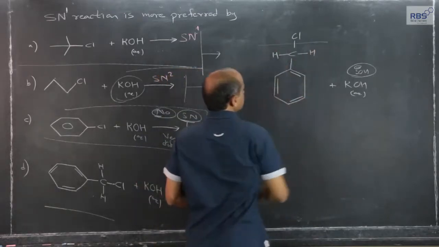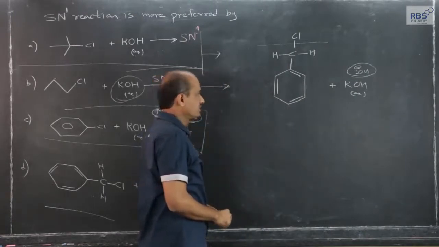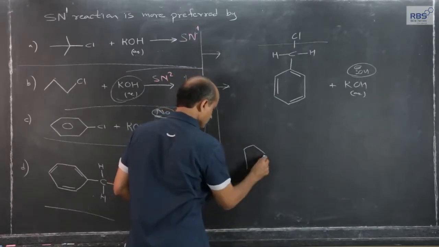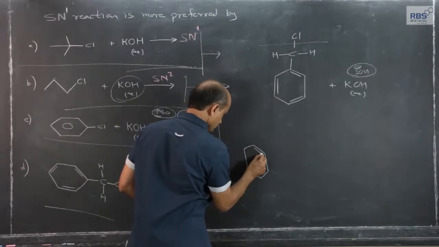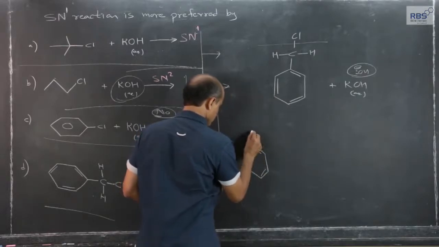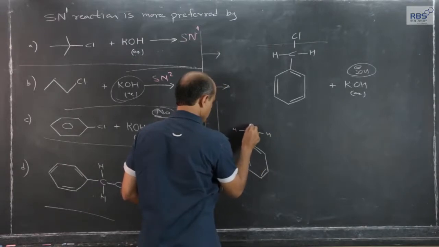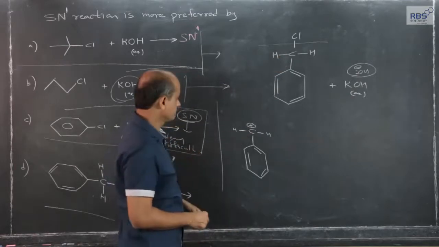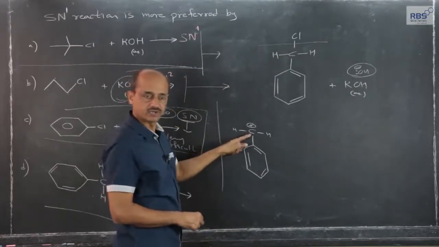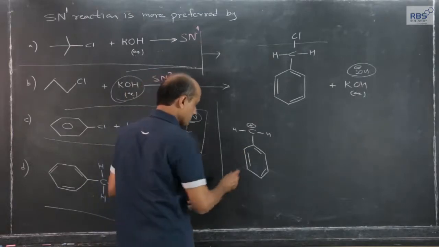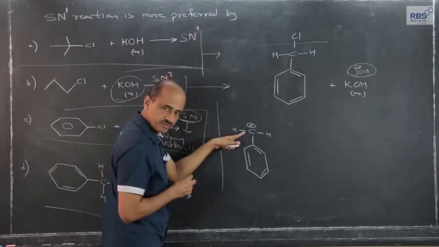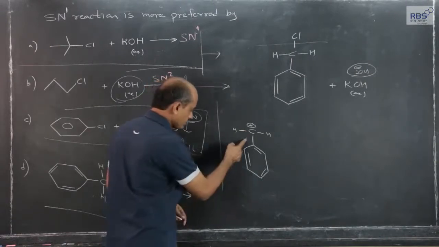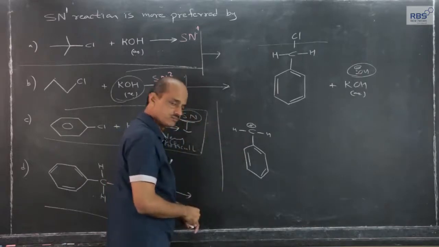Heterolysis of this takes place even though the halogen is attached to a primary carbon atom, giving rise to a primary carbonium ion. Let me write it here. Heterolysis of this carbon chlorine bond gives rise to a carbonium ion, empty orbital, planar, that I will not repeat. And this primary carbonium ion, which is directly attached to the aromatic ring, here it is the phenyl ring, gets stabilized because of resonance.